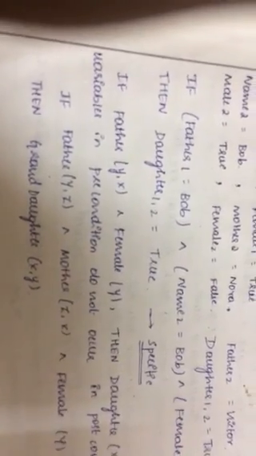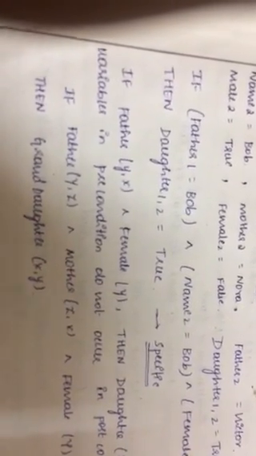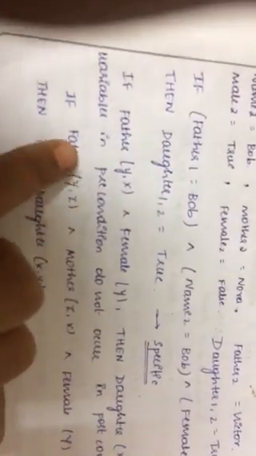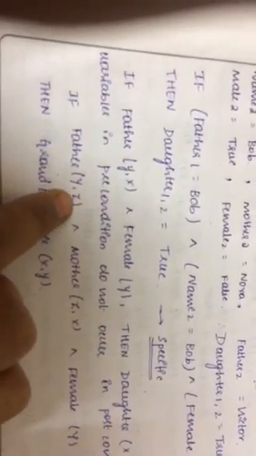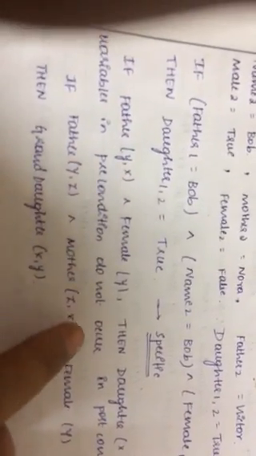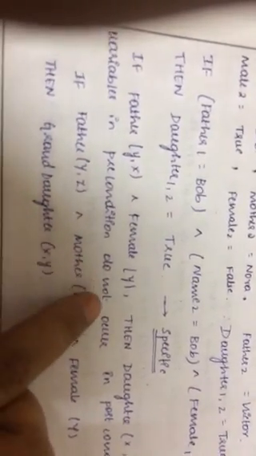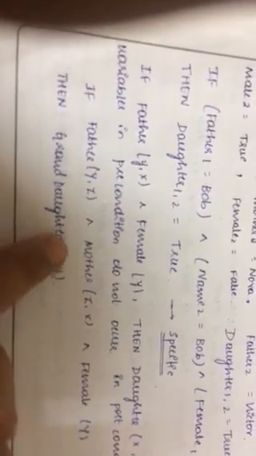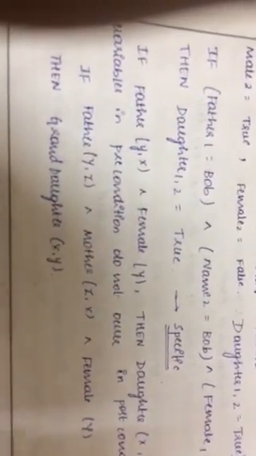Y is supposed to be the granddaughter of X. You should start from the second variable, not from the first variable. So you have to read it out as Z is the father of Y. The same way, X is the mother of Z. Y is the granddaughter of X.